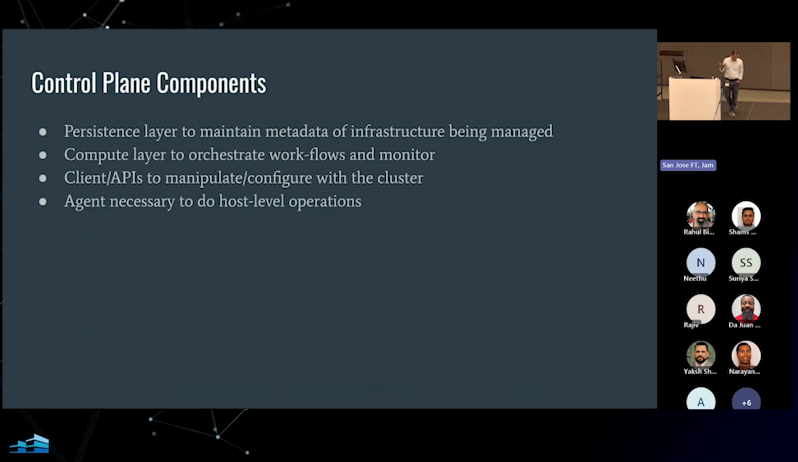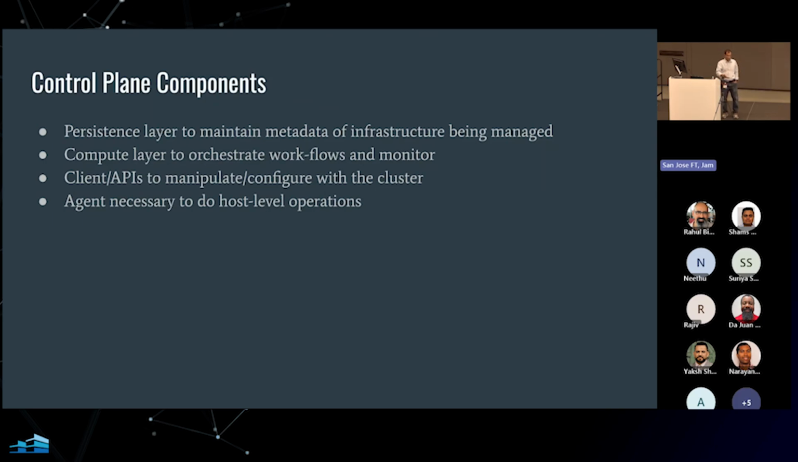And concretely, to think about how the architecture of a control plane looks. I'm not specifically talking about any particular technology, like Kubernetes or Terraform versus Chef or something like that, just generic control plane components. There is a persistence layer that is necessary for any control plane to maintain the metadata of all the infrastructure being maintained. Here, in the FDB cluster context, it could be the machines that are part of the cluster, the list of the clusters themselves,